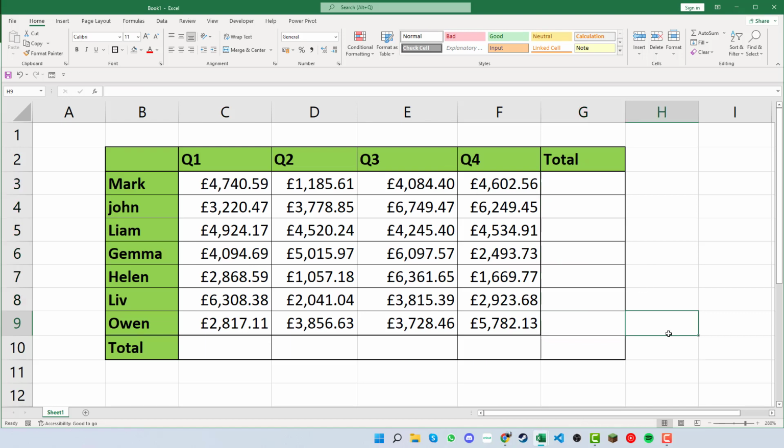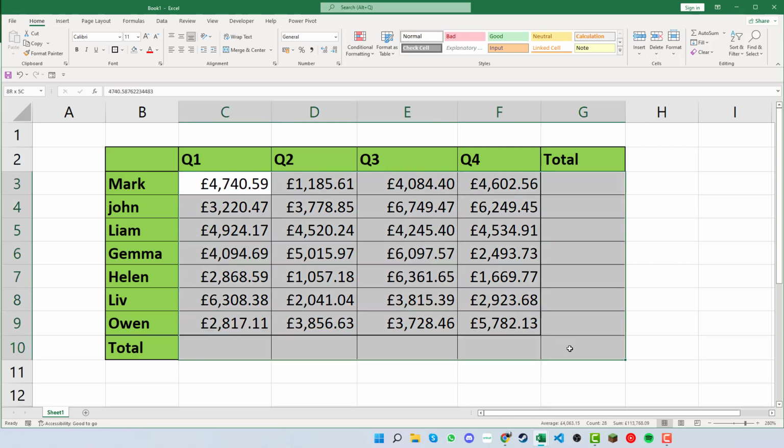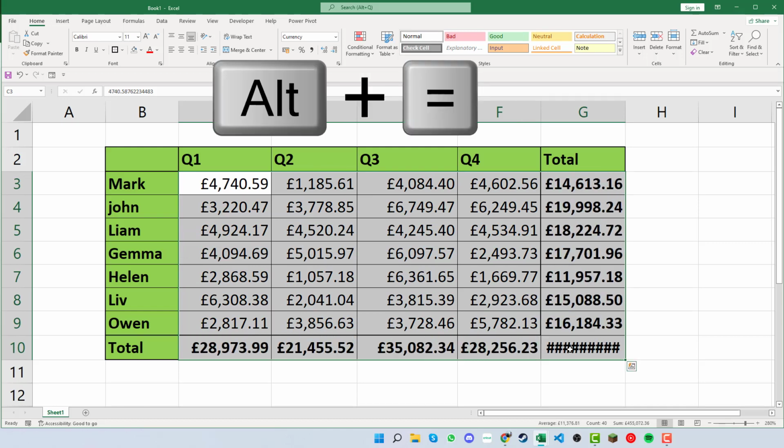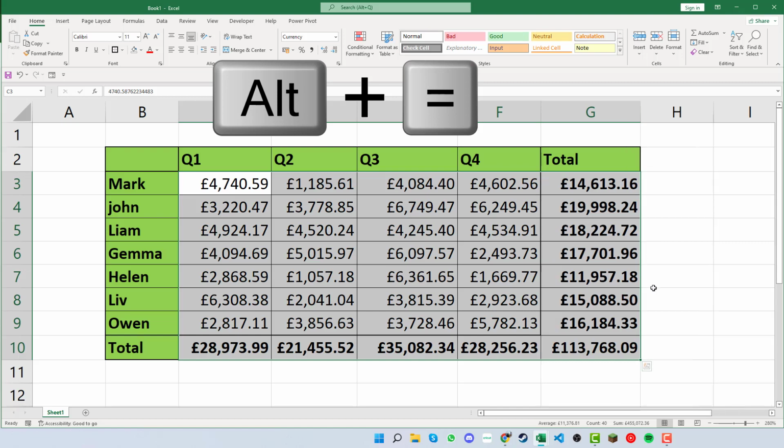Nice and simple. If you want to do this even quicker though, if you are into shortcuts and pressing things a little bit faster, but you don't mind adding an extra cell down here, what we can do is select the data here and select all the way down. From here we're able to press Alt and equals, and we can see that nice and quickly it just puts